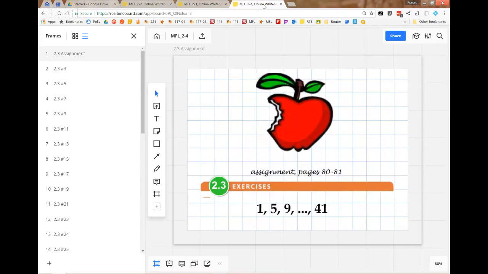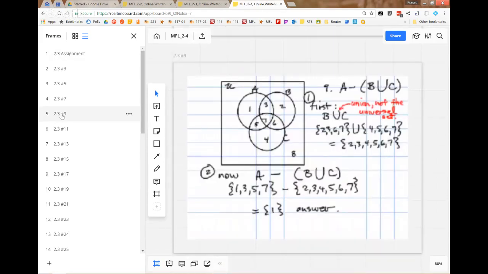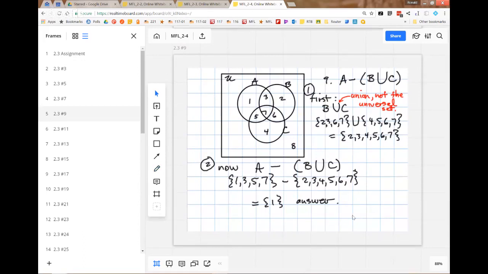How about this last lesson, the 2-3 assignment? Did you do 9 in class? I don't know, but let's take a look at it here. That one made sense today too, even though it didn't make sense when I did the homework. Do you want me to go through it? Yeah, could you, for me at least?